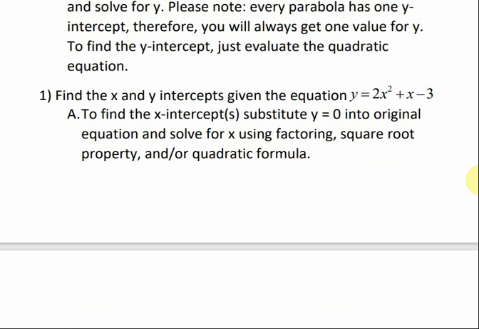All right, here we have a quadratic equation, and we're going to find the x-intercept by substituting in 0 for y, and then we have to solve the equation. It's a quadratic equation, so we have to use one of the methods that we've learned to solve the equation. We can either solve it by factoring, the square root method, or the quadratic formula. All right, so if I plug in 0 for y,